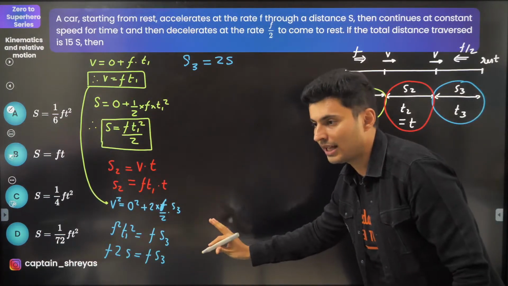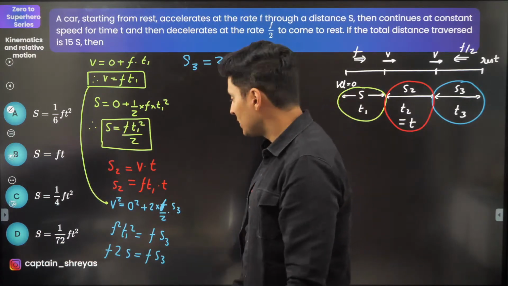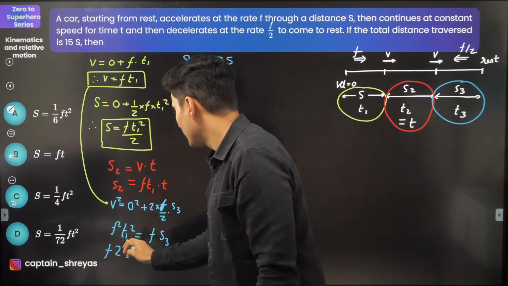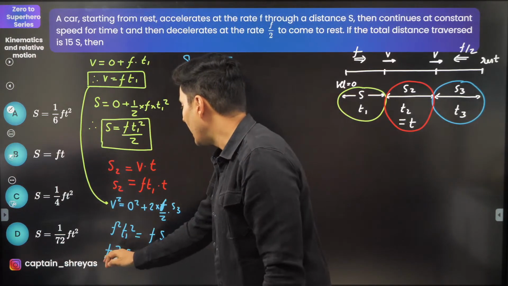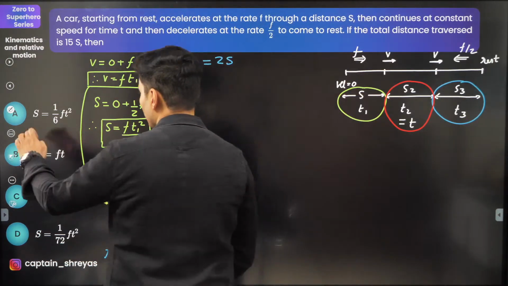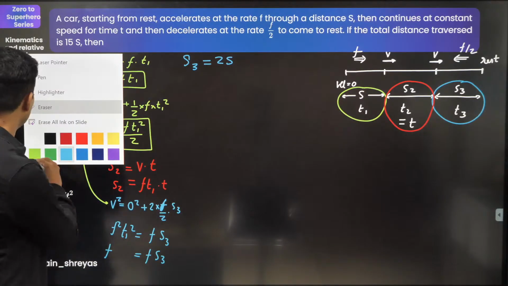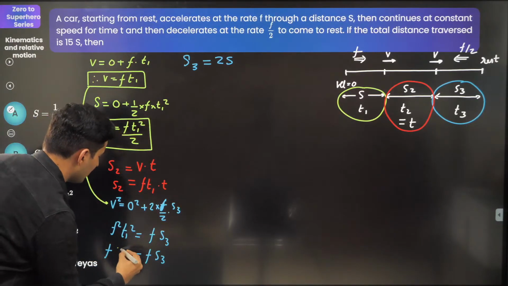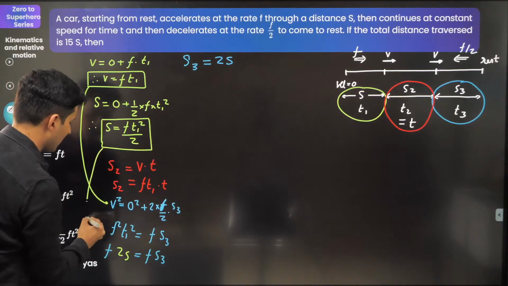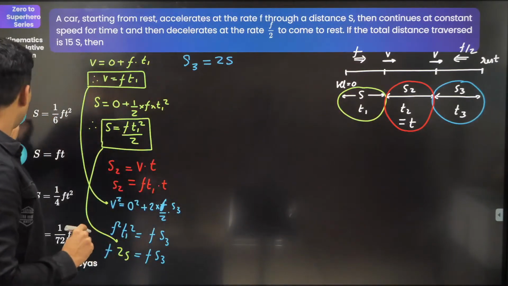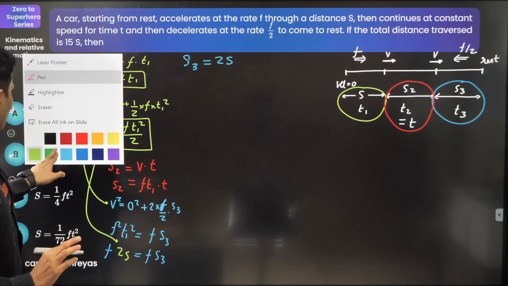Got it, guys? What all have we found out? Check this out. FT1 square from here is 2s. So I put that 2s from here, and one of the F was remaining. If you want, I'll put it in the same color so that you know while you're looking at the solution what exactly we have done. So FT1 square is 2s, and I got it from here. That's all. Now S3 is also found.